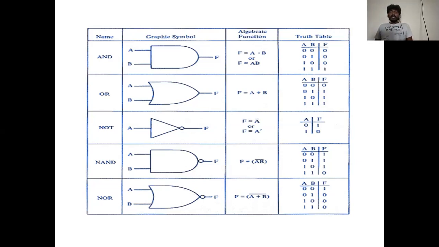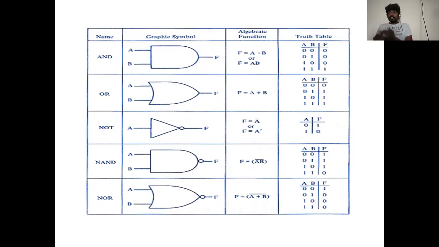In the AND gate, you have a normal symbol, but in the case of NAND gate, you have a bubbled output logic, right? That bubbled logic represents the NOT function, right? And similarly, the function is also the same, not the same, it has a slight difference. That is, for the function of AND gate, you have f is equal to a into b, but in the case of NAND gate function, you have f is equal to ab the whole bar. That whole bar represents the NOT logic. That is, the NOT of ab is ab the whole bar, right?